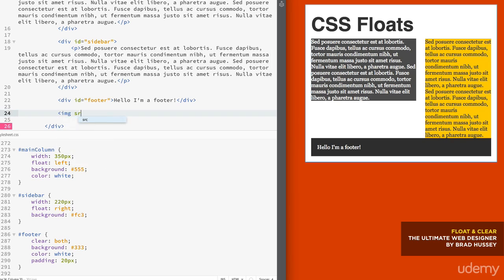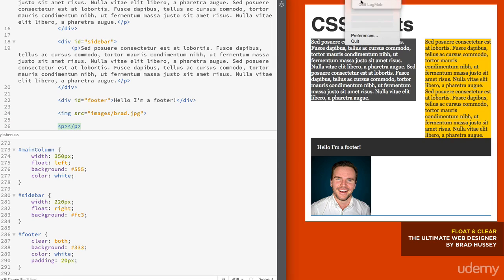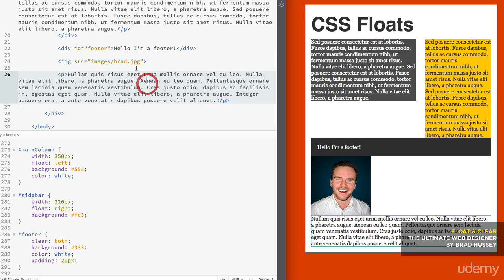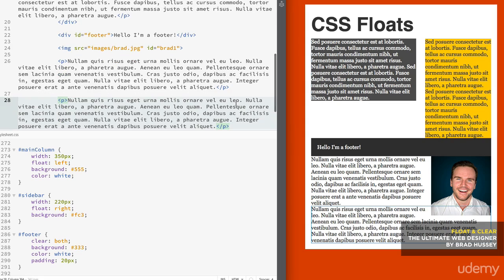So I could put an image down here of me, and it will flow normally. Everything's all good. And I can have some content, and everything should work fine and dandy. There we go. Now, if I wanted to go even more crazy, watch this. I'll give this the ID of Brad1, and now that's floated to the right. Now keep in mind, because that has floated, we might want to keep in mind here that if we didn't want to float this element down here, you could go ahead and